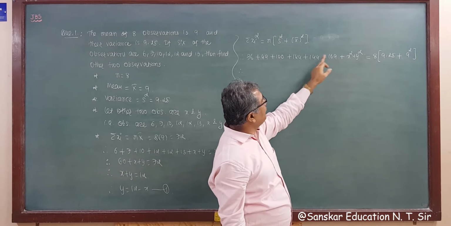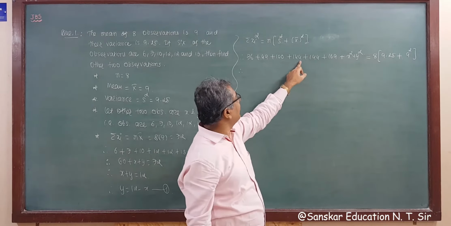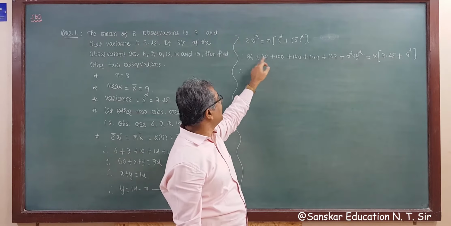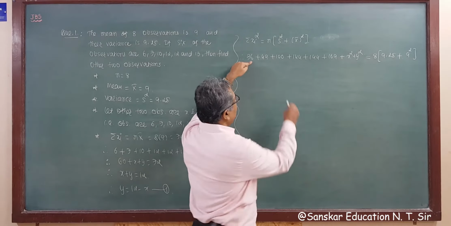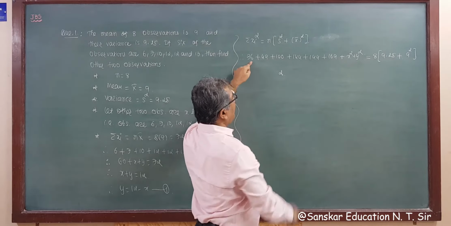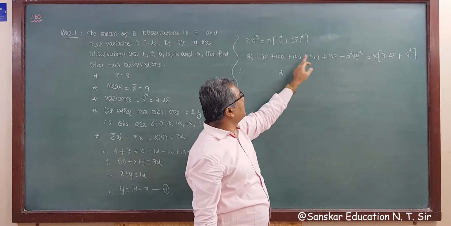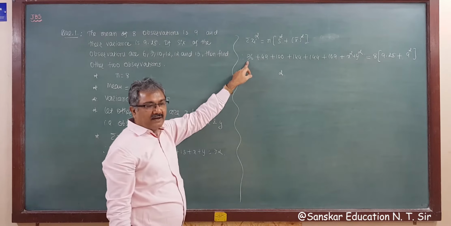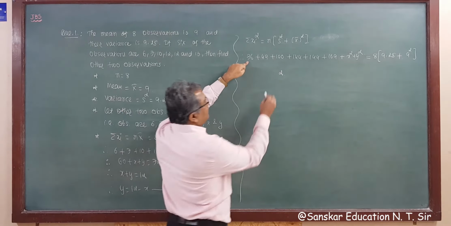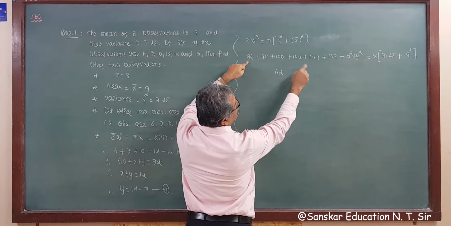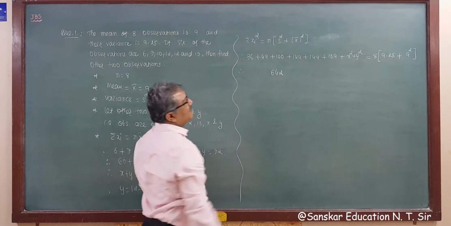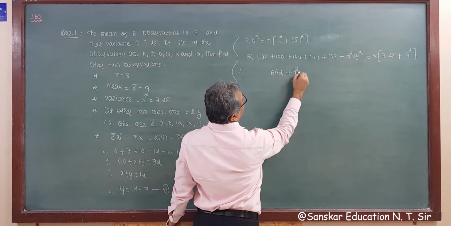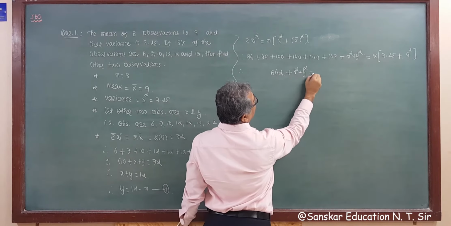So 9 plus 4, 13 plus 4, 17, 17 plus 9, 26 plus 6, 32, that is 2, right? 3, 9, 13, 17, 21 and 24, right? So that is 642, plus x square plus y square is equal to